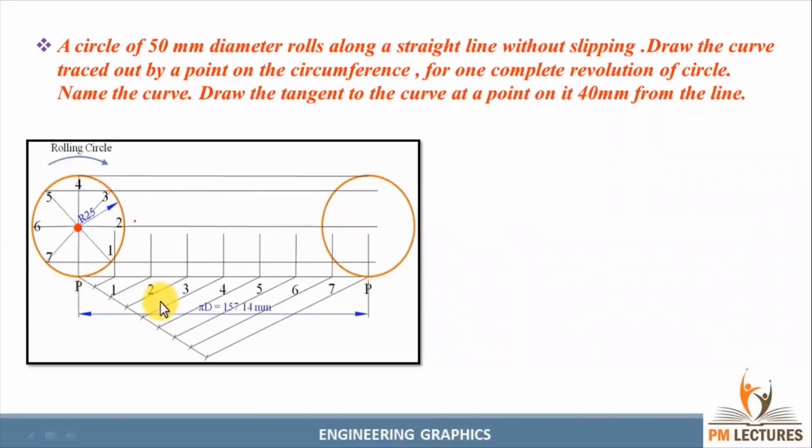Once again, I repeat the step. See here, I take the measurement of the radius of this circle from here and keep this C1 as center and make an arc on the first line, and similarly C2 as center, make an arc on the second line. Similarly, from the third point, the radius is kept constant, and make an arc on the third line. Similarly, from the 4th point, I make an arc on the 4th line also.